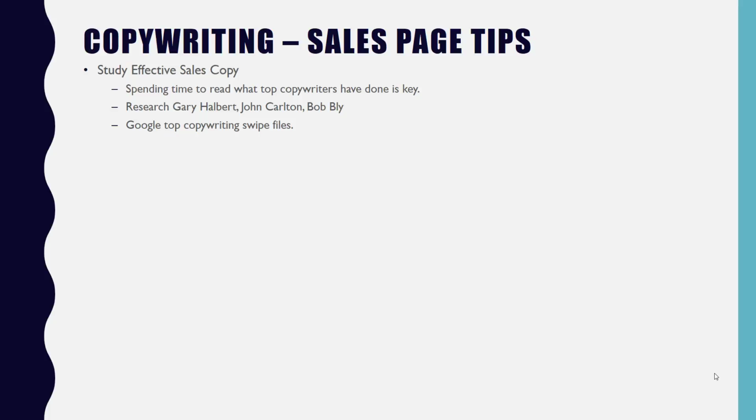You could also do a Google search for top copywriting swipe files, and you can actually use these swipe files and get ideas for sales copy, things that you can add into your copy. The old sales copy from the old newspaper ads and old magazine ads, it's some of the best material out there for finding high quality copywriting that you can do. Another thing I like to do is look at the top converting products on ClickBank, and you'll see those. They're the most popular products on ClickBank for a particular category.